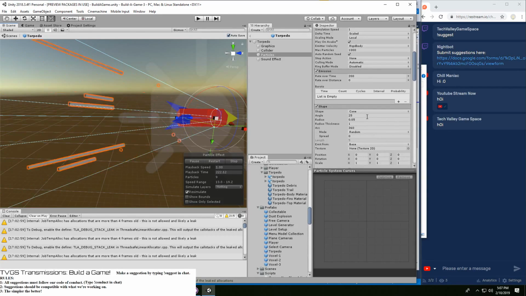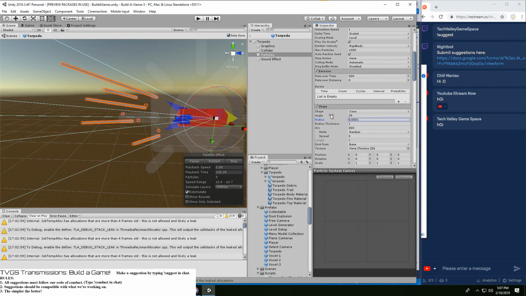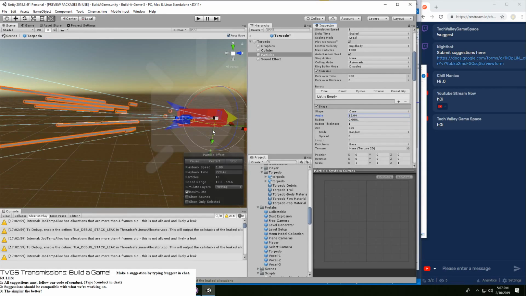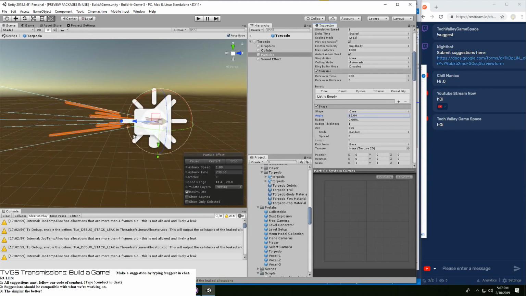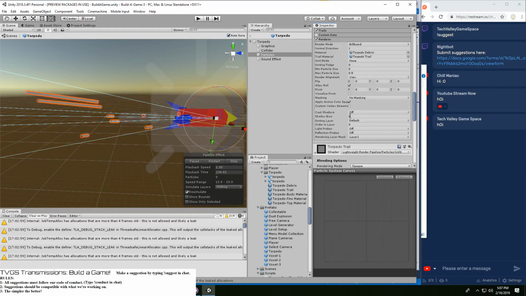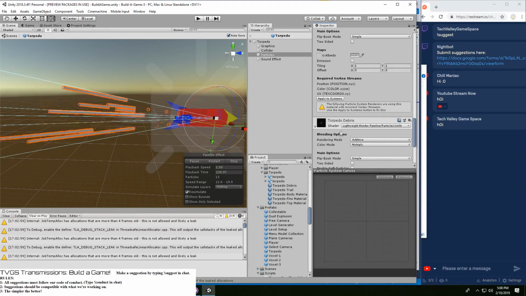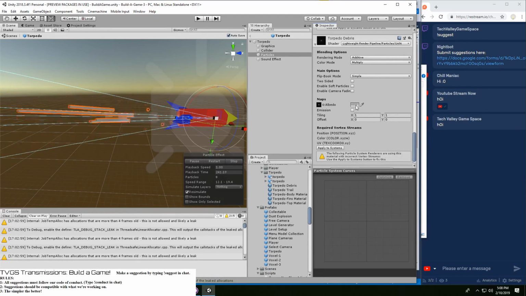And definitely have that starting radius to be 0-ish, and then the angle to be a little smaller. Yeah, I can definitely see this working. So then it's just a matter of getting the colors correct. Right now, these HDR colors are not doing it for me.